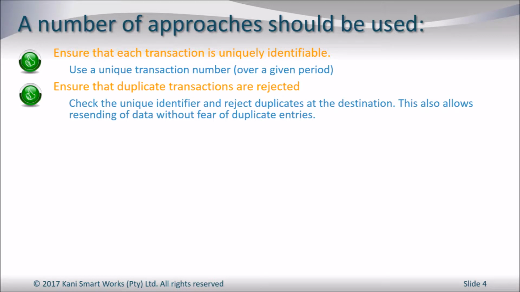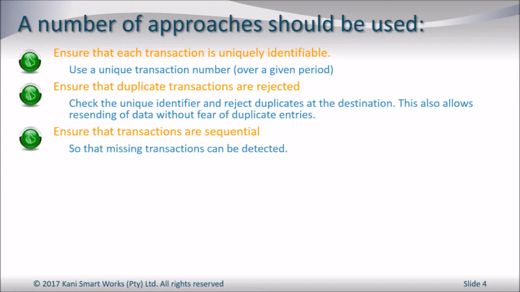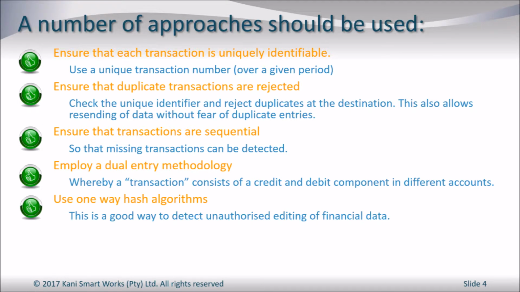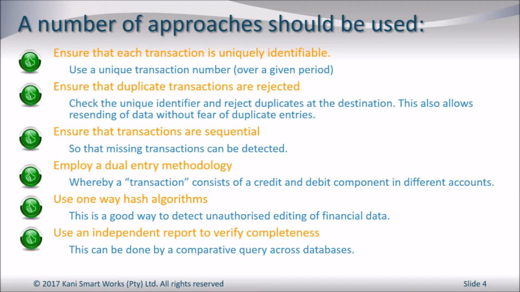So one way to do that is to check the unique identifier and reject duplicates at the destination. And this also allows resending of data without fear of duplicate entries. We need to ensure that transactions are sequential, so that missing transactions can be detected. We should employ a dual entry methodology, whereby a transaction consists of a credit and a debit component in different accounts. We should also use a one-way hash algorithm, which is a good way to detect unauthorized editing of financial data. And then finally, we should use an independent report to verify the completeness across the source and destination databases,